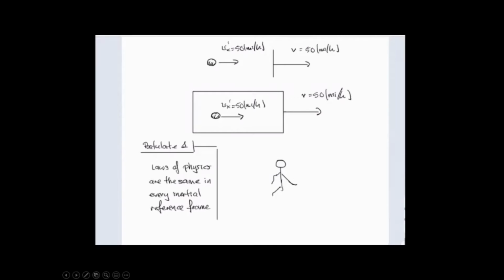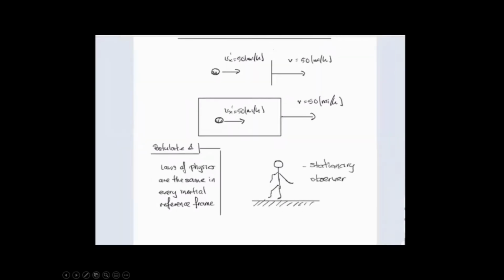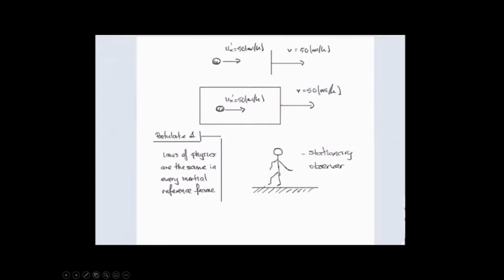And then we got the stationary observer outside. And the stationary observer is going to be looking at this ball. So what is the speed of this ball with respect to the stationary observer? Okay, so what you need to do is you need to take the speed of an object, and then you need to add the speed of the reference frame and add up these two speeds. And that's all you have to do, just add up these speeds. All right, so now you have to kind of focus on,